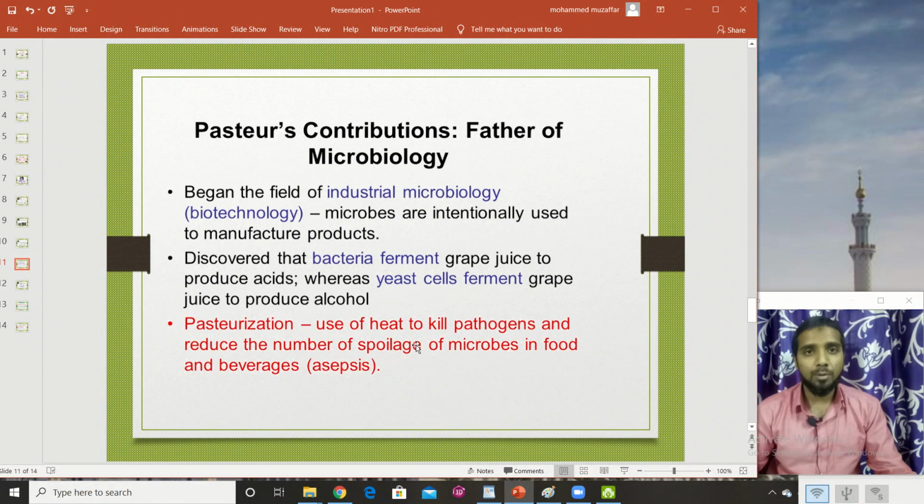Okay, he improvised the method of fermentation, and he also introduced pasteurization, and he was the first one to introduce vaccines, especially for anthrax. Okay, and also for cholera. He was the first one to discover vaccines. Moving on further,